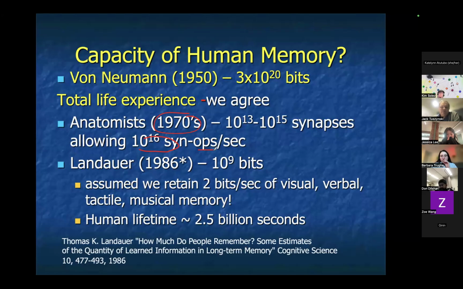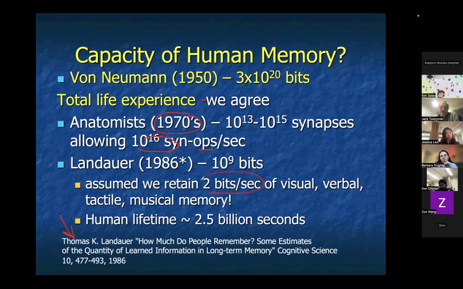So fast processing, almost close to what we mentioned here, a bit higher, 10 to the 18th and the 20th. Thomas Landauer, in this paper from 1986, estimated the memory storage capability of the human brain by saying